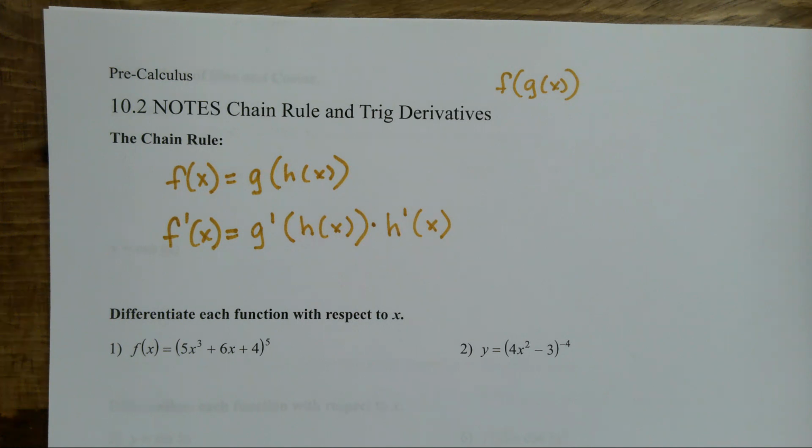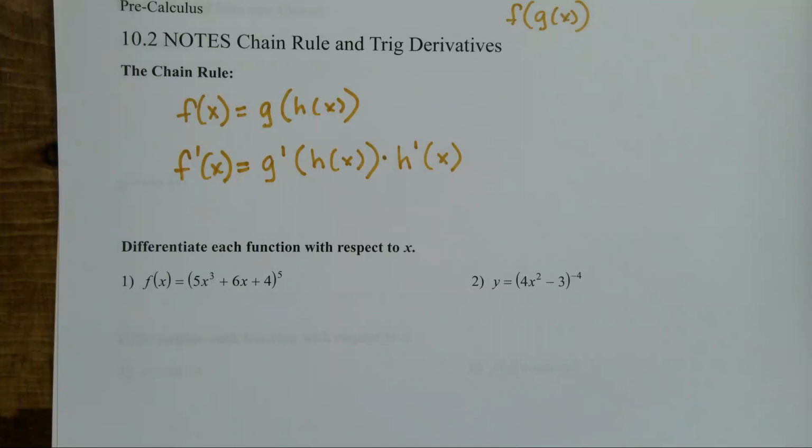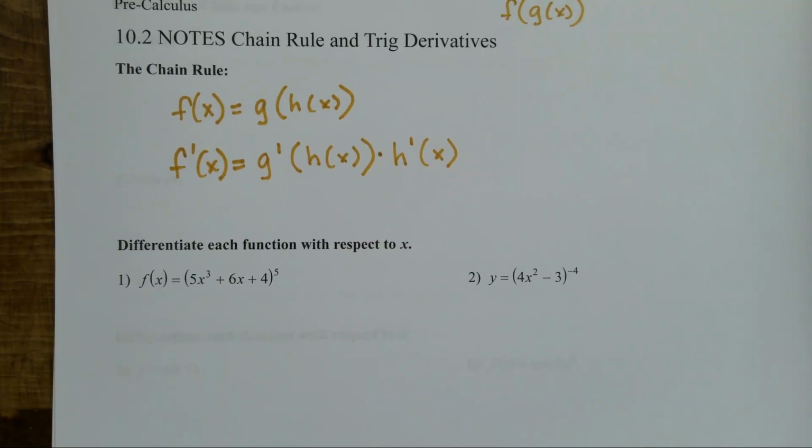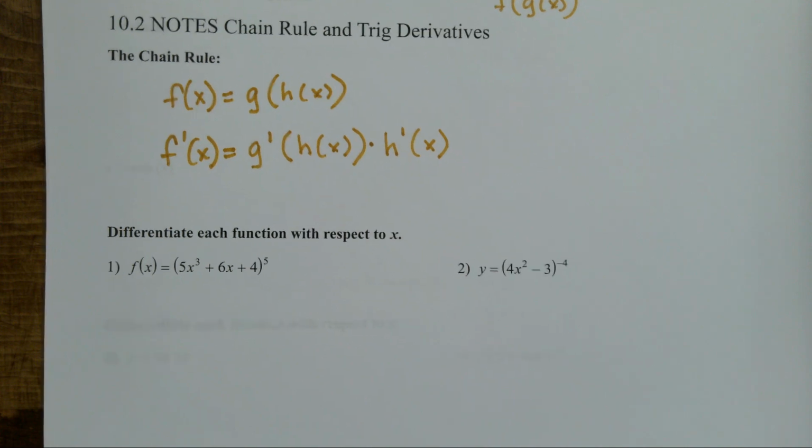But if I look at a problem like number 1, scan this down a little bit. In problem number 1, my outer function is just the fact that I am raising something to the 5th power. My inner function is the polynomial that's on the inside. All right? So when I'm doing my derivative,